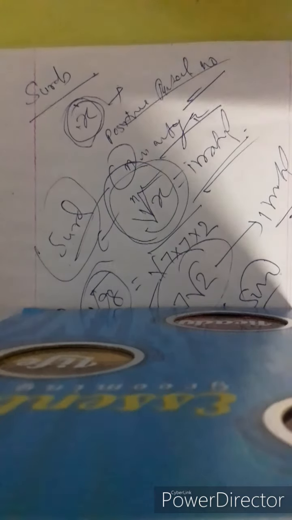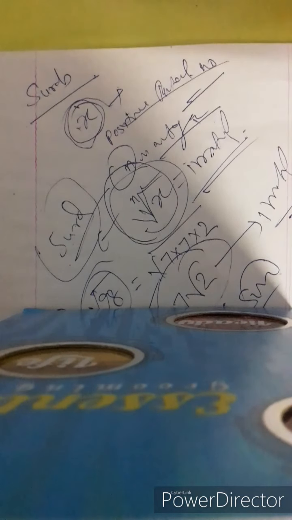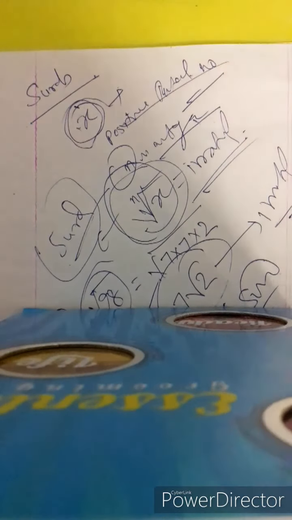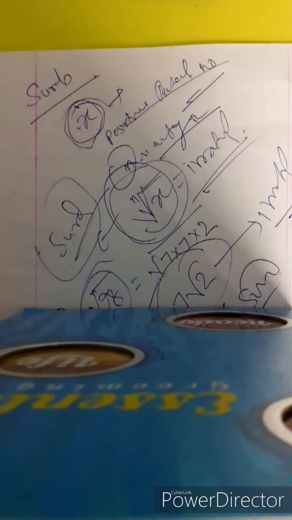We have to look at now the concept of rationalizing. The concept of rationalizing, we need to look at that in order to understand surds better. So suppose we have first 1 by 5 root 3. How do we rationalize? Multiplying and dividing the numerator and denominator both by root 3.